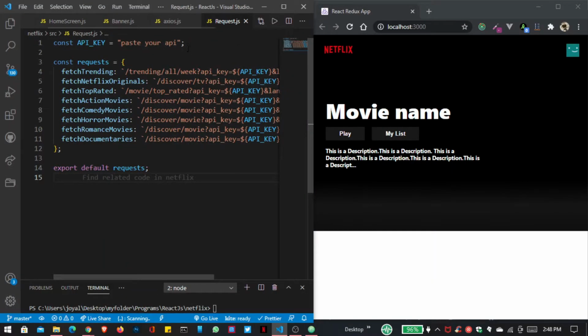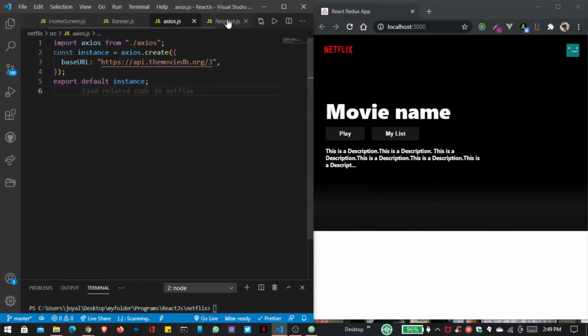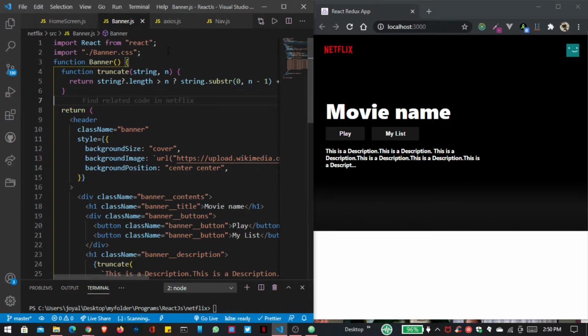Now I want to write my API key here like this, but I want to do this process offline. Now I write my API key, so I close this file and now go inside our banner.js, and